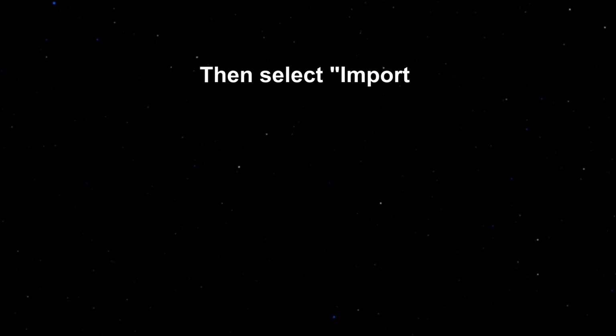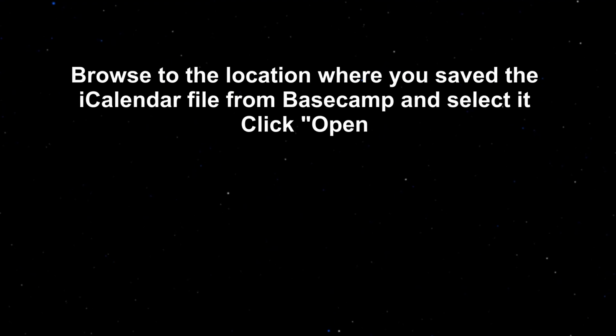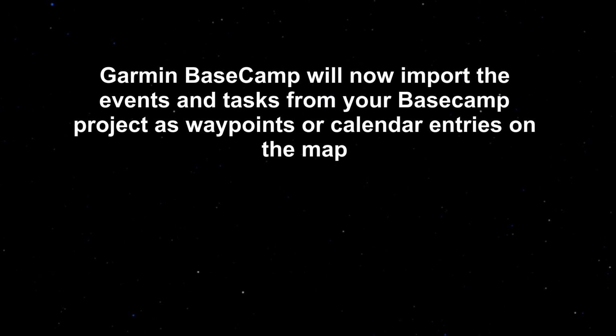In Garmin Basecamp, go to the File menu, then select Import. Browse to the location where you saved the iCalendar file from Basecamp and select it. Click Open. Garmin Basecamp will now import the events and tasks from your Basecamp project as waypoints or calendar entries